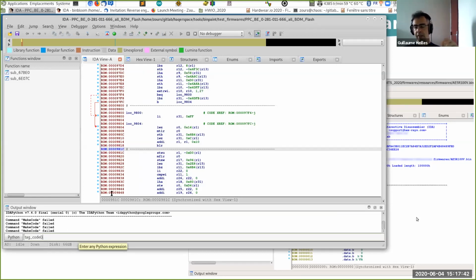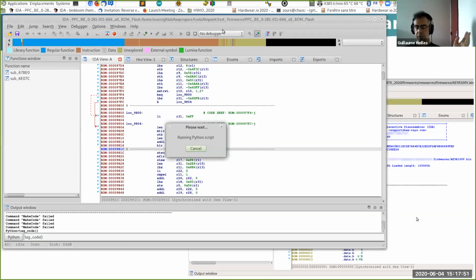And this is kind of a brute force approach in which the script will go to every point and say, oh, this is maybe some code, and create a function. This is what most people do. This is what I do also from time to time, but I really don't like this approach because there is no